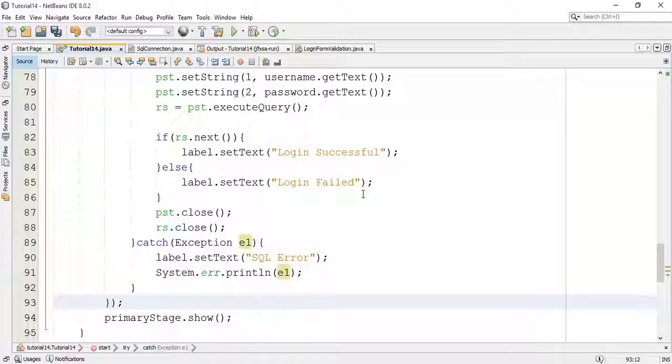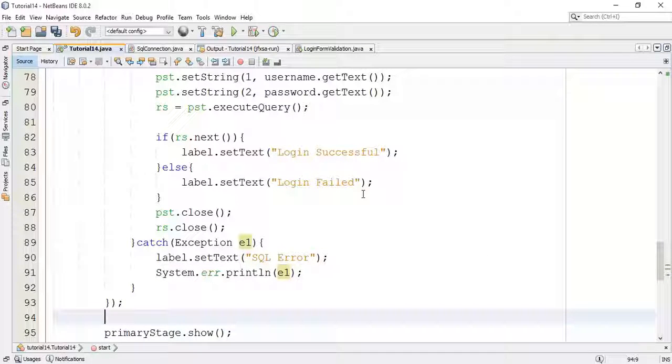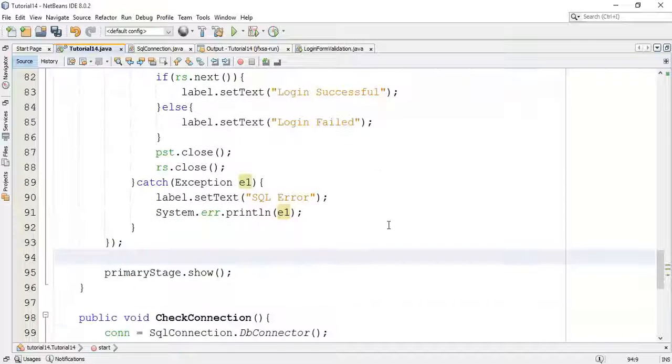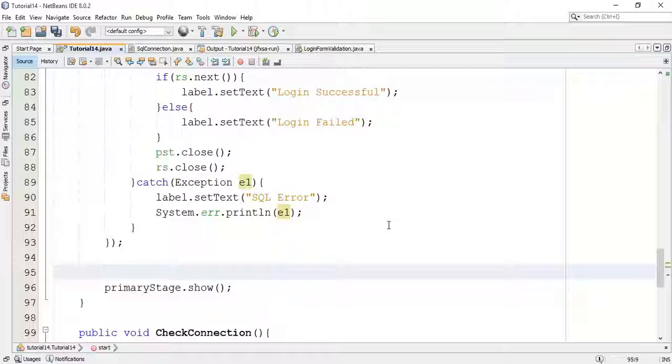So next, add these children elements into the VBox. So VBox dot getChildren dot addAll.